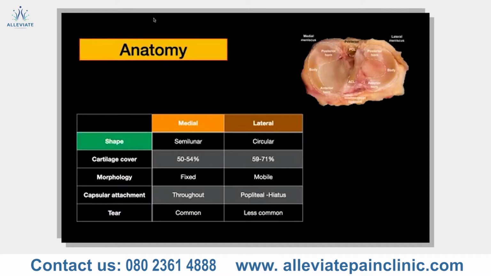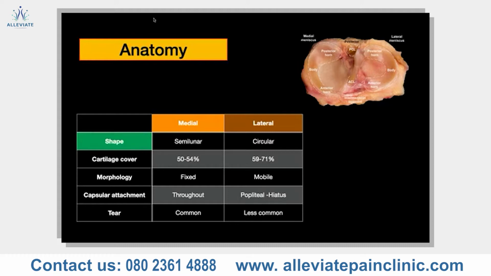So, the anatomy of the meniscus. As I said, there are 2 menisci. The inner one is called the medial meniscus, and the outer one is the lateral meniscus. First, the medial meniscus. The medial meniscus is semi-lunar in shape, thinner in the anterior part and broader in the posterior. It is completely attached circumferentially to the capsule,